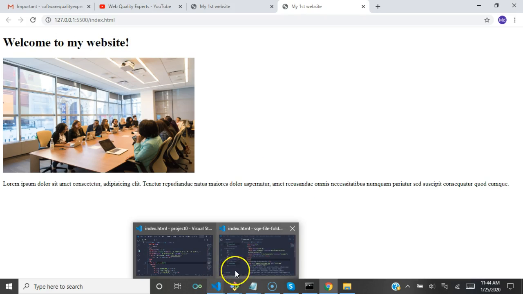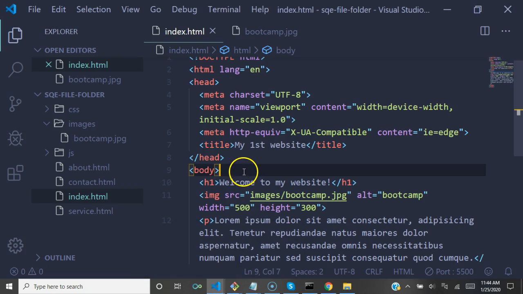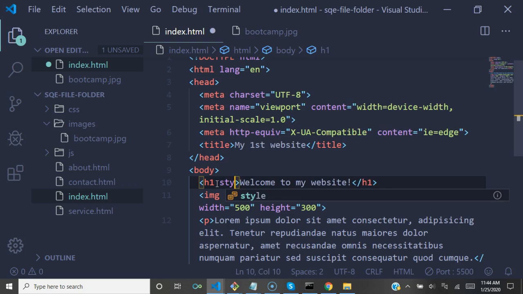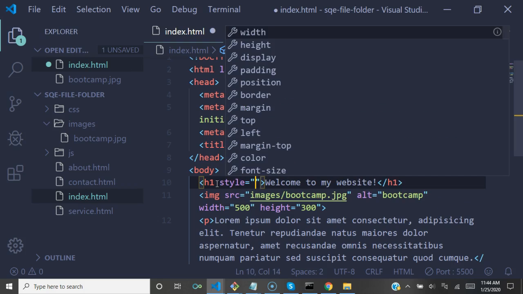Now what we have to do is style it. So I have to write style, and we can style in 3 ways. Today I'm not going to show you all of them. I'm just going to show you style, okay, with